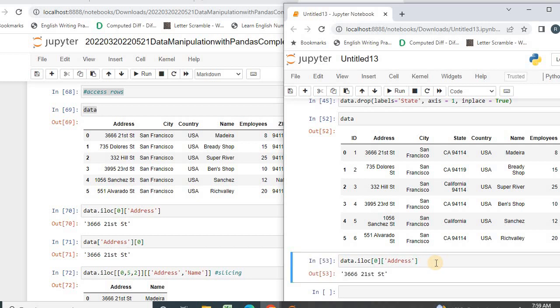Okay, so it will come like this. If I press only data dot iloc,